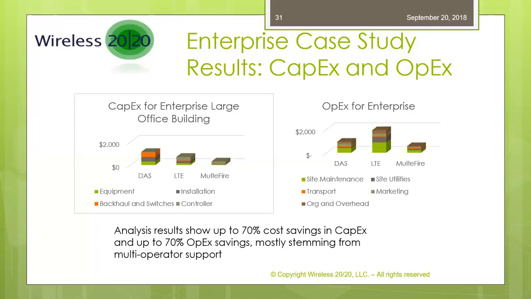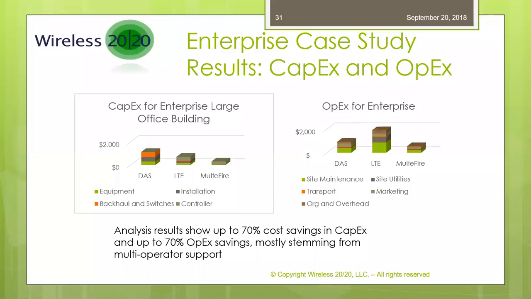And again, the primary difference there being that we only have to deploy one set of MulteFire small cells to be able to support all of the operators. Again, a very efficient Capex deployment. And again, even looking at it from the standpoint of the mobile operators, it's a great advantage to them to be able to share the cost of that